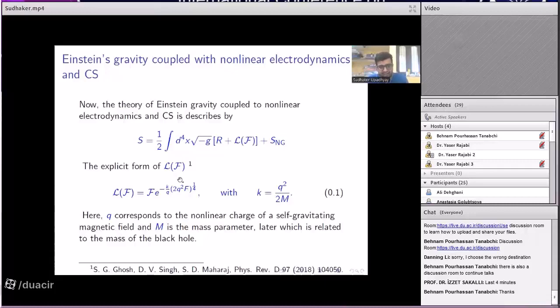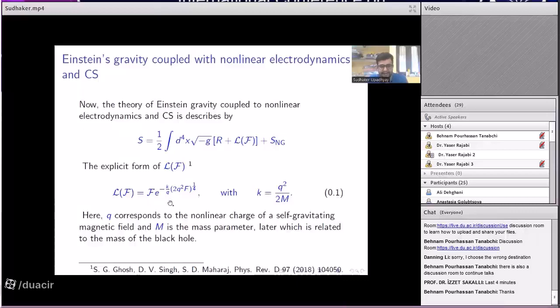So here you see that the explicit form of this nonlinear electrodynamics Lagrangian is given like this, and this particular form was considered for the first time in a paper published in PRD in 2018 by Ghosh, Singh and Maharaj,